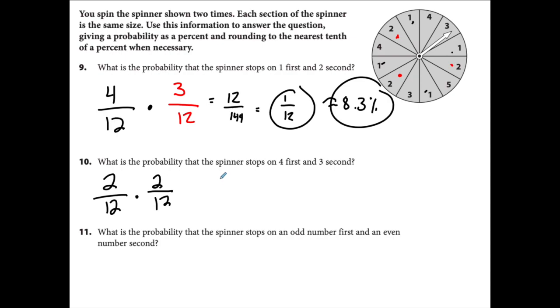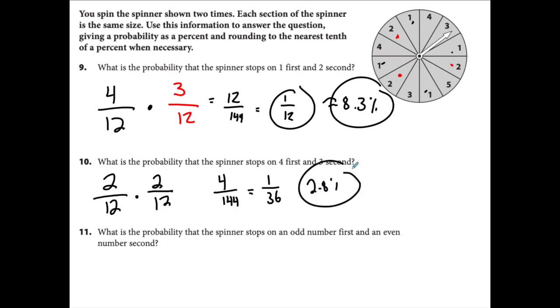So that leaves us with 4 out of 144, which is equal to 1, because I can divide by 4 because these end in 44. So the last 2 digits are divisible by 4. So the whole thing, it goes into 12 3 times, and then it goes into the remainder 6 times. So 1 out of 36,